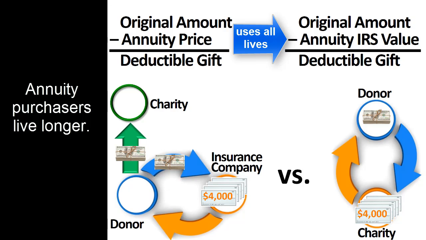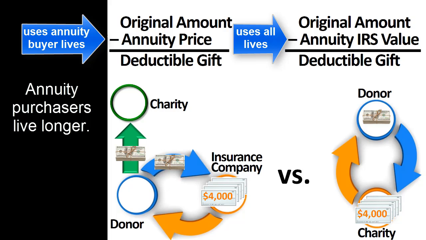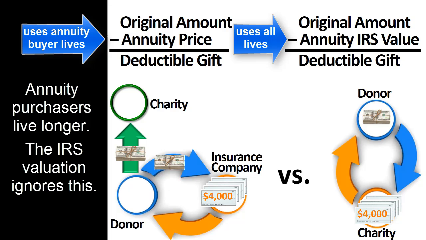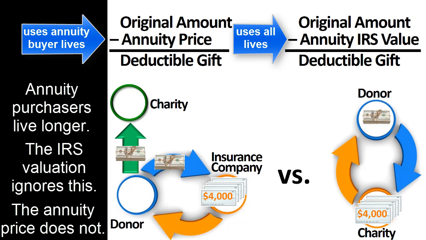As discussed in previous lectures, this is because people who are sick or dying or poor do not purchase annuities. The exclusion of these groups means that those who purchase annuities will, on average, live longer than others of the same age. Thus, the insurance company must price its annuity based upon the longer life expectancy of annuity purchasers, and not the generic life expectancy used by the IRS. This expectation of a longer life means that the insurance company must charge more for its annuities as compared with